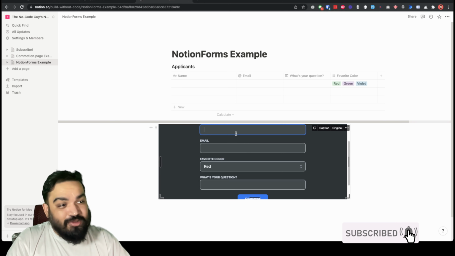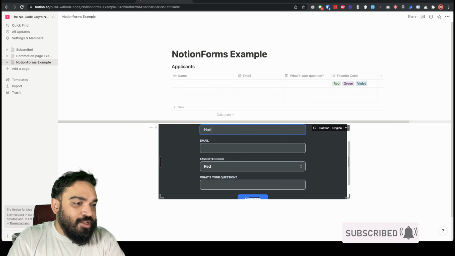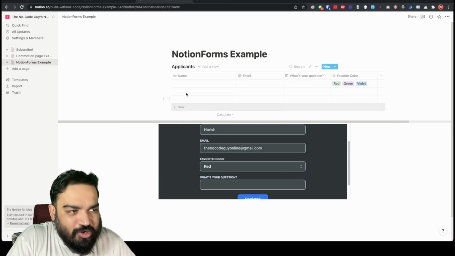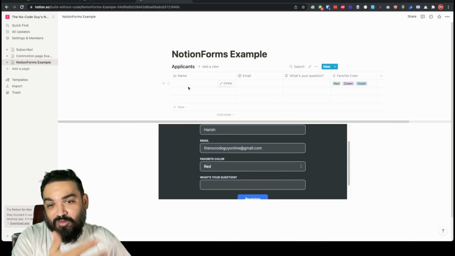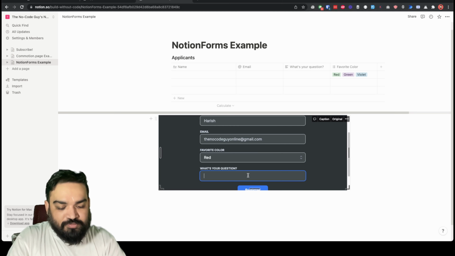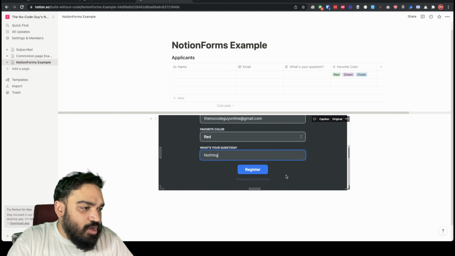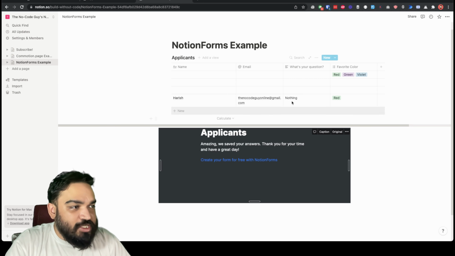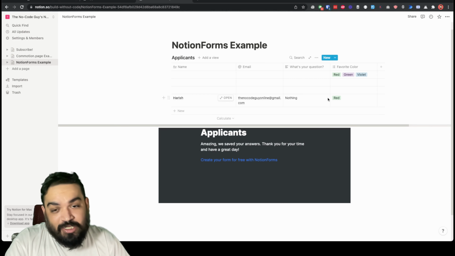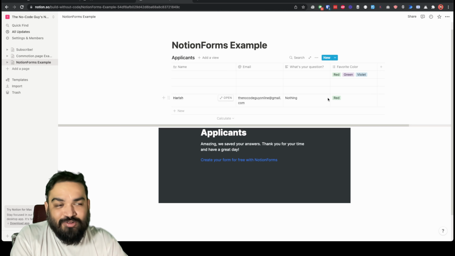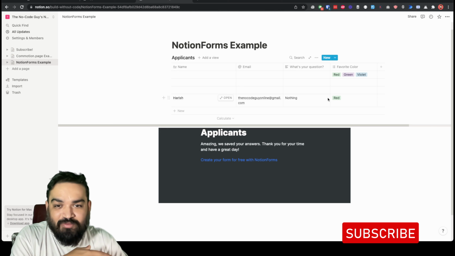So let's now finally fill this. And before I just submit this form, just a quick note is that we already have 3 rows. So you should see a new row pop up after these 3 when I submit. So I'm just going to do register, and our data should pop up right here. As you can see, yes, it works. That's how you embed or create a form for Notion and embed it on Notion, and you can always use the form wherever you want.